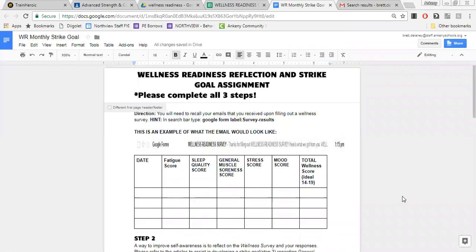Students, welcome to your monthly wellness readiness reflection and SMART goal assignment. What you're going to be doing is reviewing your data from the 4 to 5 to 6 times that you filled out your wellness readiness survey over the course of the year so far. What you're going to have to do is go to your Google email, your school email, and type in